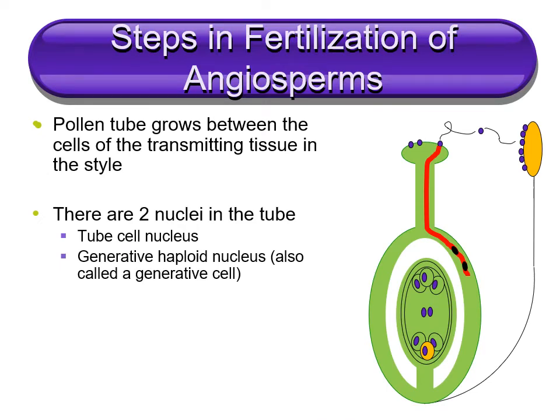The pollen tube grows down through the stigma and style in what's called the transmitting tissue. That's a specialized tissue that helps guide the tubes. Otherwise, they don't really know where they're going. How do they know where to go? These tissues help guide the pollen tube. And while I'm here, I might as well mention that this is one of the ways that plants can test the genetic strength of the pollen